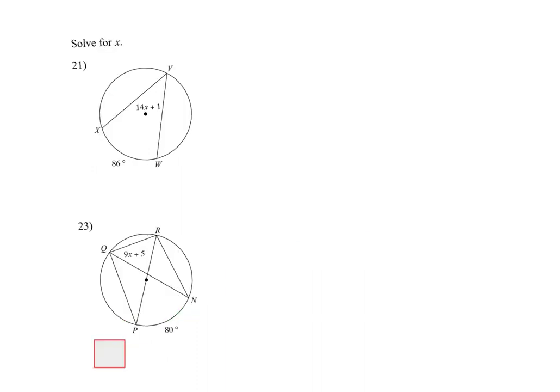All right, so for this one, they gave us an angle measure, but it is in algebraic terms. My angle measure here is 14x plus 1. My arc measure is 86. Now, what I do know is that my angle measure should be half of my arc measure. And so that's how you always want to set it up. So you're either going to set these up by saying, well, 2 times my angle equals my arc, or my angle equals half